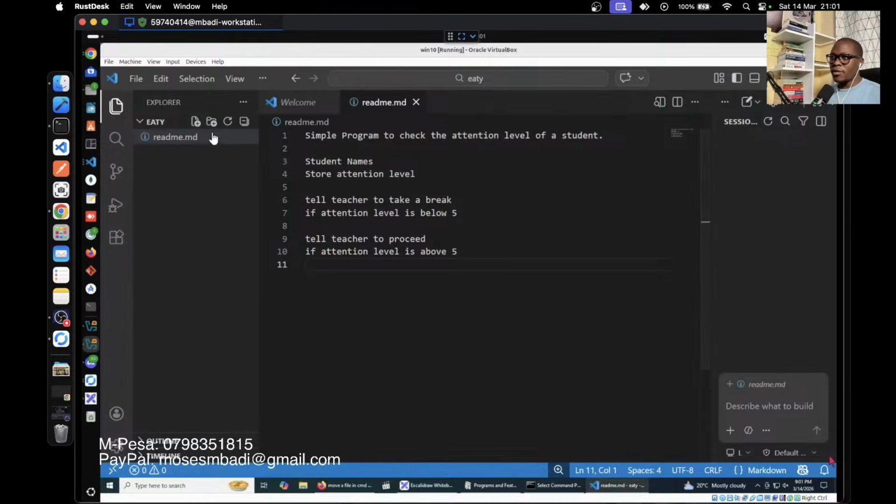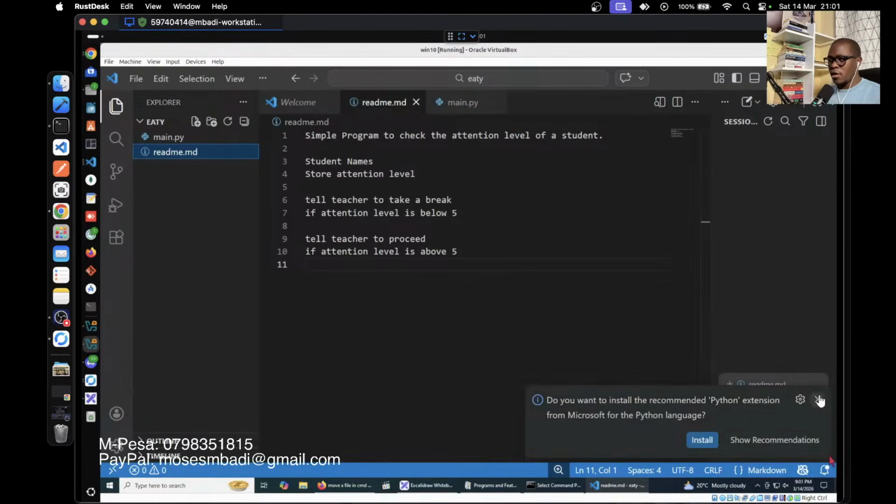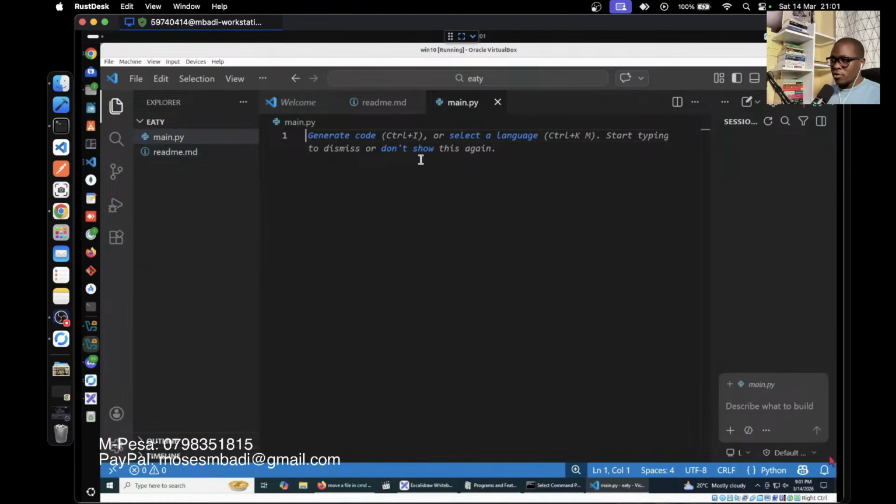So now I want to create my Python file. I'll say main.py. And then inside main.py, we are going to write some code. Let's start with the student names, which is a list. Inside the list, students, we are going to store